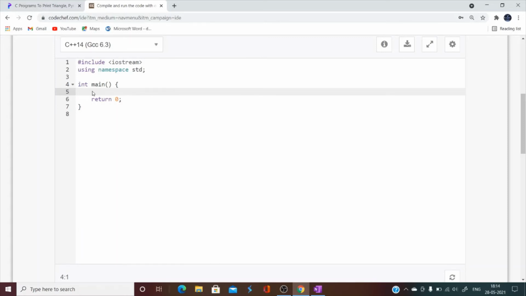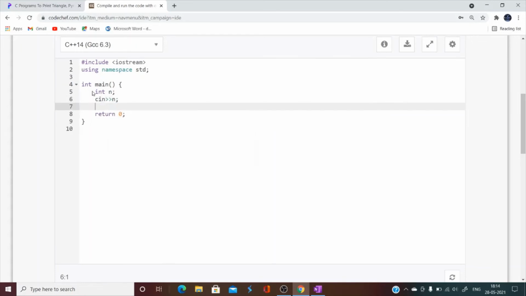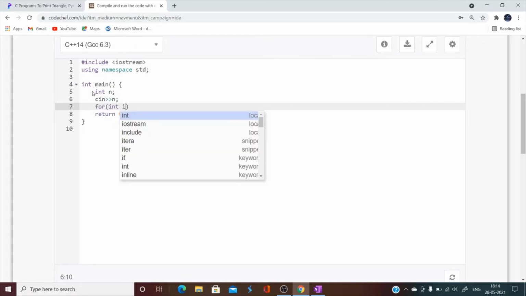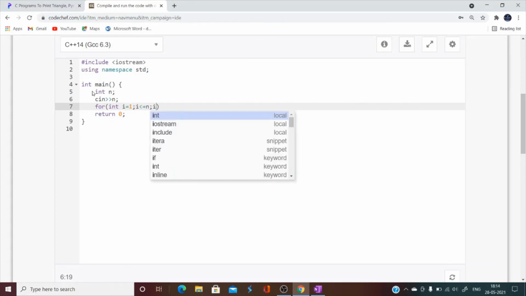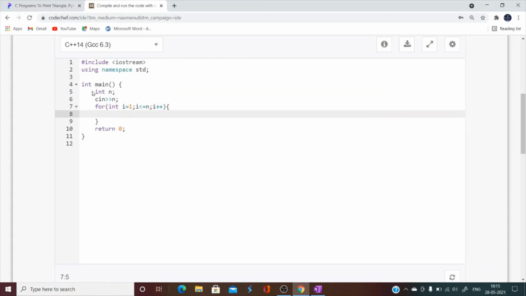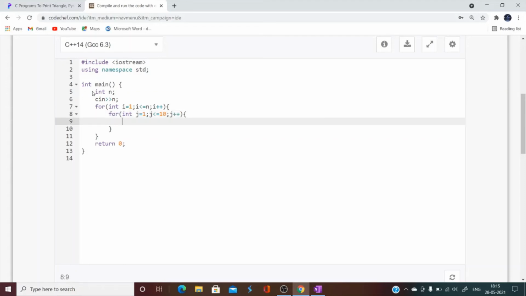I'm taking int n, cin n, for int i equal to 1, not 0, i less than or equal to n, i plus plus, for int j equal to 1, j less than or equal to 10, j plus plus, cout i into j.